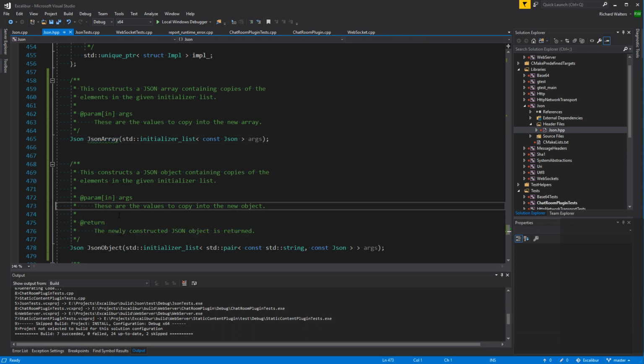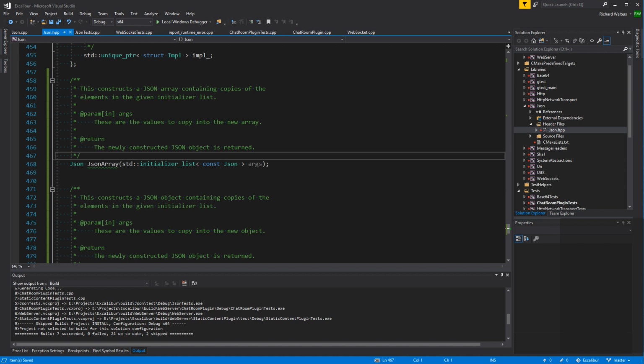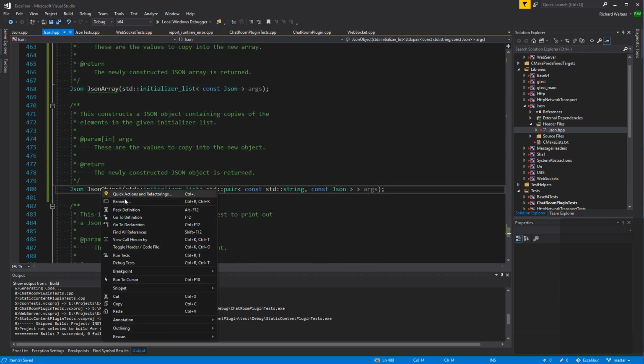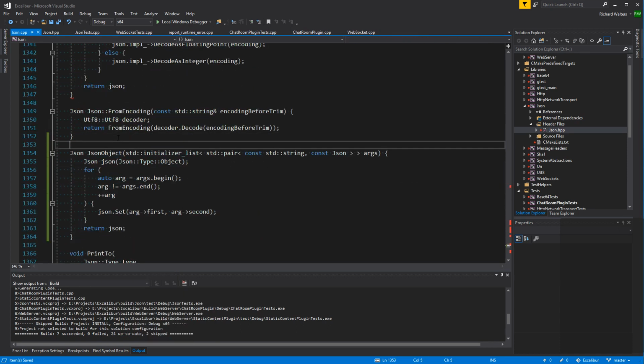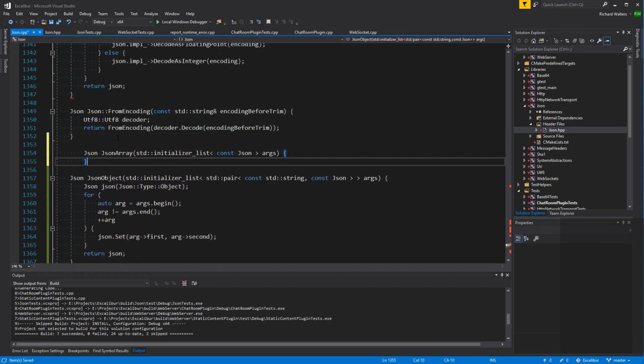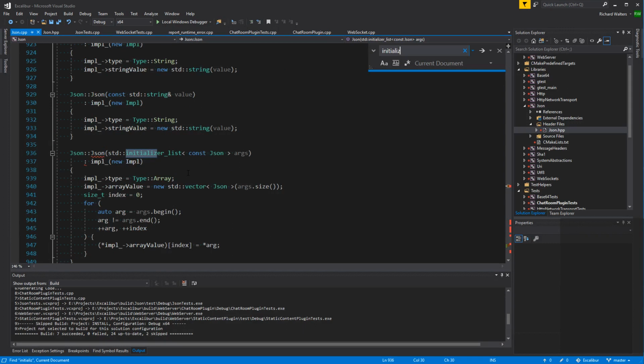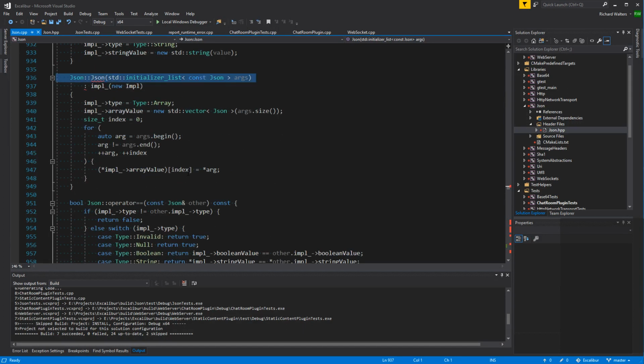And it's now a return value. We'll go to where JSON object is defined, and we're just going to pull in the initializer list constructor here to replace it.